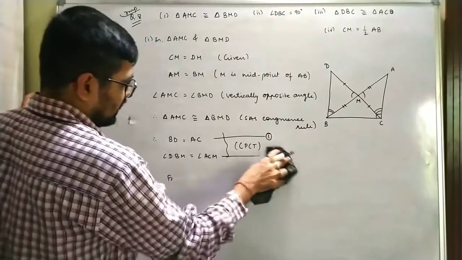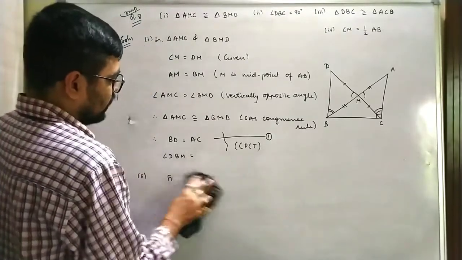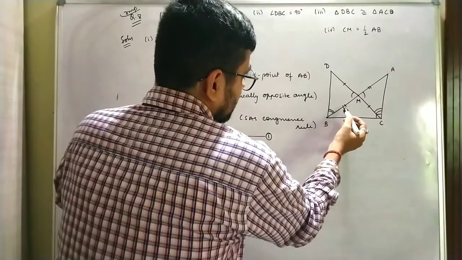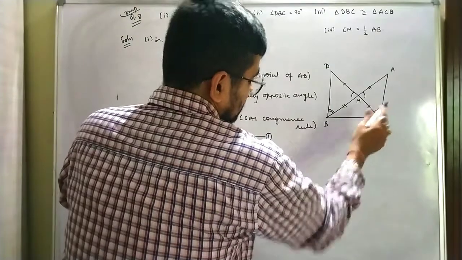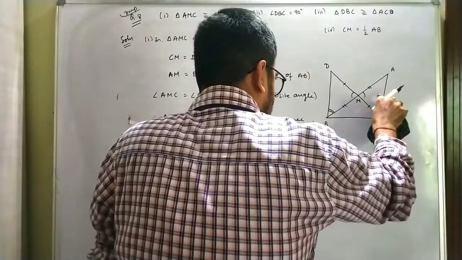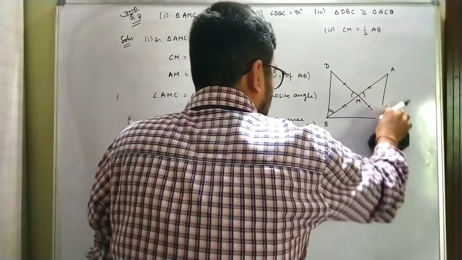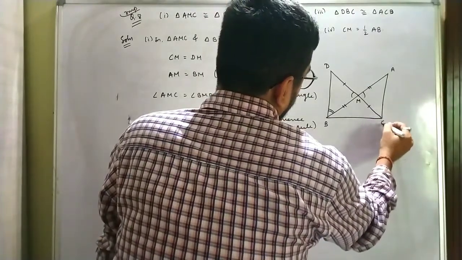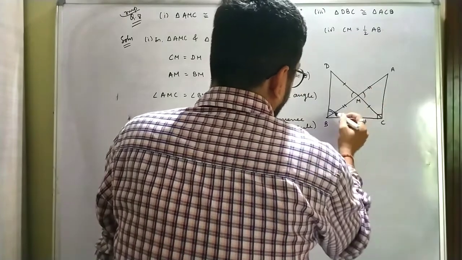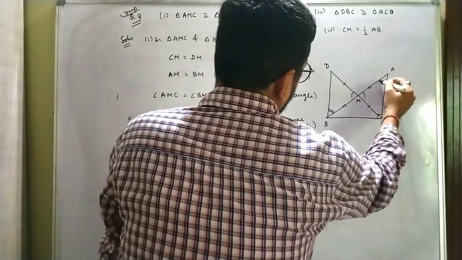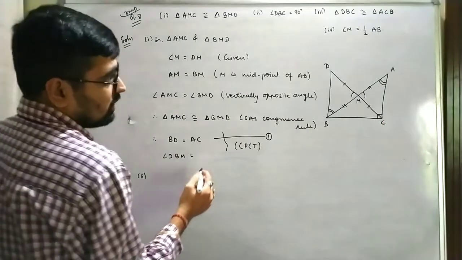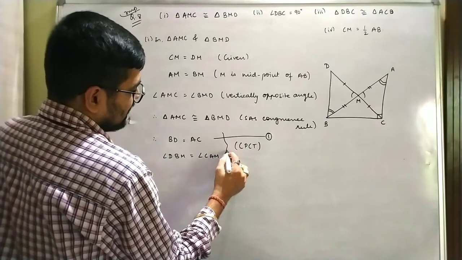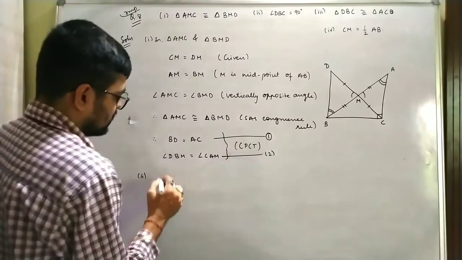Let me correct it. Actually, these two are not going to be CPCT. See why I noticed that: this angle is with the second one, and here it is not the second one, so this is not the corresponding angle with that AMC. I'll rub this out and draw it again. Let's say C. If you look at this angle, this particular angle is going to be correspondingly equal, and that is angle CAM. By CPCT it will be so, but let's say this is equation 2.